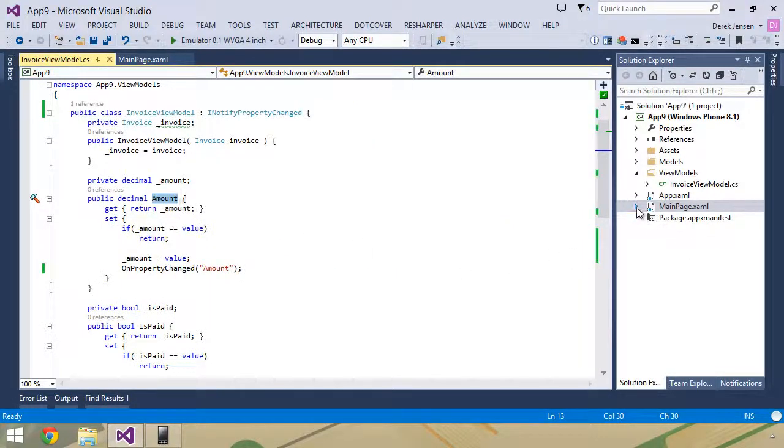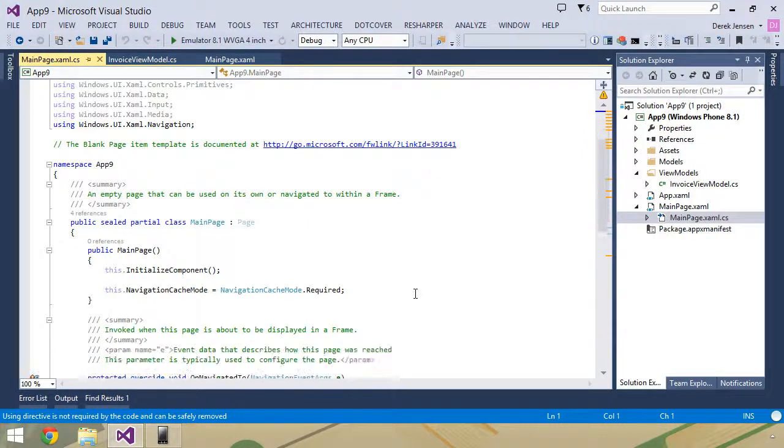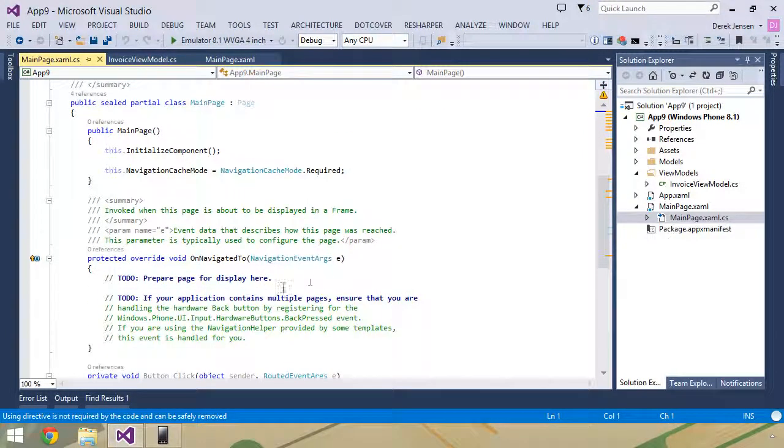So let's come into our main page.xaml.cs file, and we'll come down and take a look at our OnNavigatedTo. So this is just going to be a contrived example, but obviously you could have some sort of repository or something that's actually going to retrieve that invoice data. But let's just say for now we've already done that and we've already retrieved that invoice.